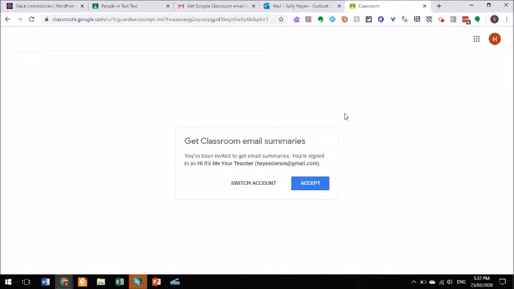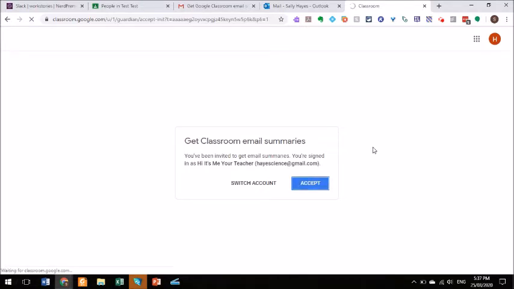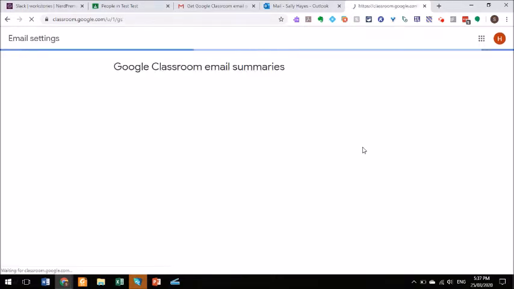So I have switched an account to a separate Gmail account that I have, but you don't have to have one for this. I think it will ask you to make one in order to get your email summary, but I've just attached myself to one of my many email accounts, and I'm clicking accept. Hit load, and then here it's going to show me